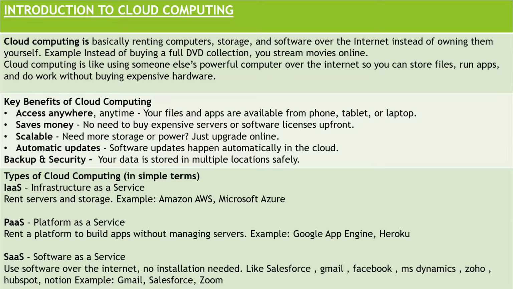So what we understood in this session is that there are three types of clouds: IaaS, infrastructure as a service, PaaS, platform as a service, and SaaS, software as a service. For now, Salesforce does not provide the first one, infrastructure as a service. It provides only two things. One is platform as a service, wherein you can log in and build your own app. The other is software as a service, wherein you can use the apps that they have already created, like a sales app, service app, marketing app. Those are their inbuilt apps that they have already set up. You can directly go and use them.